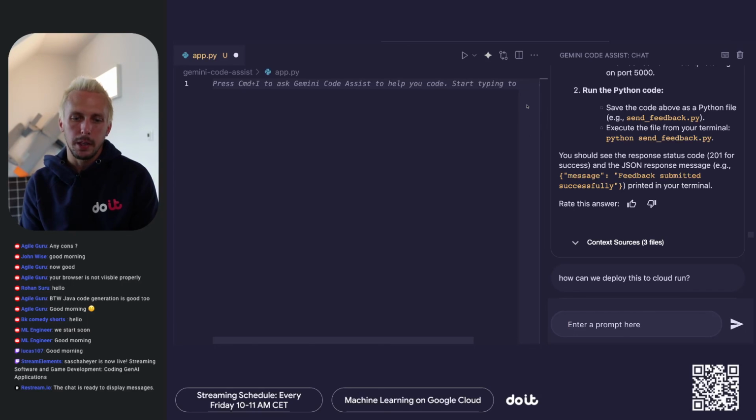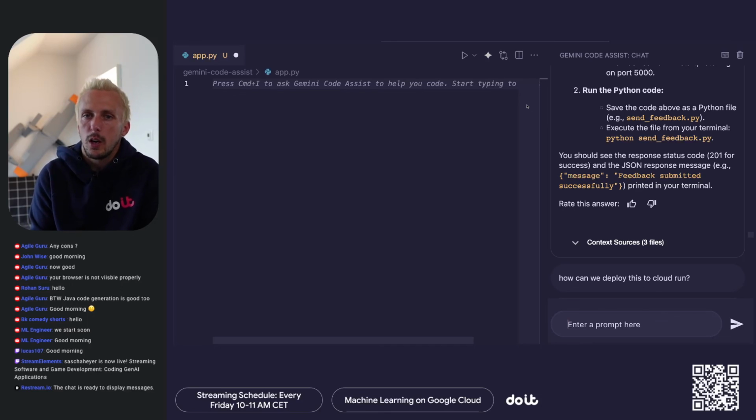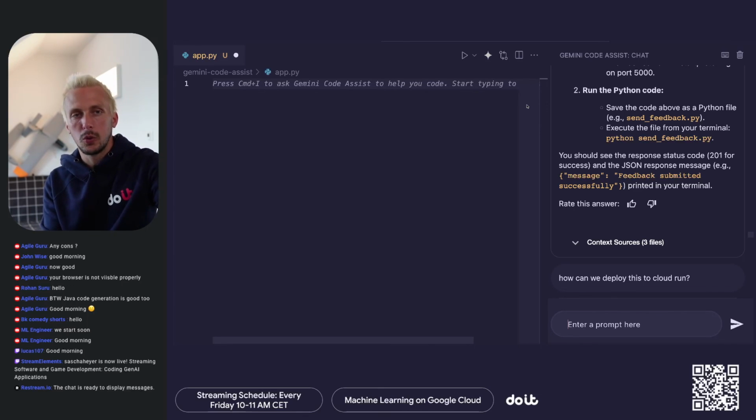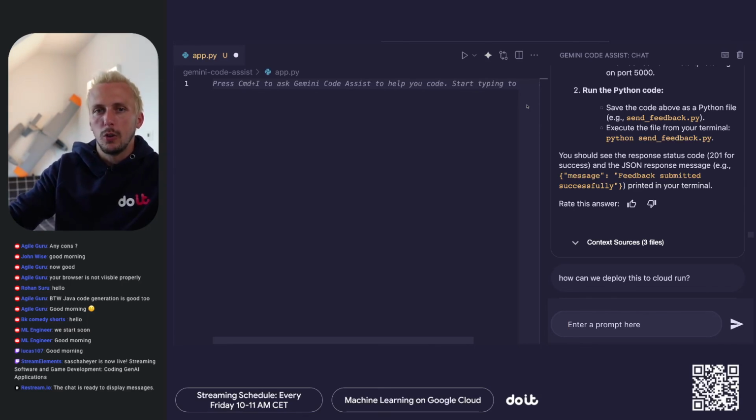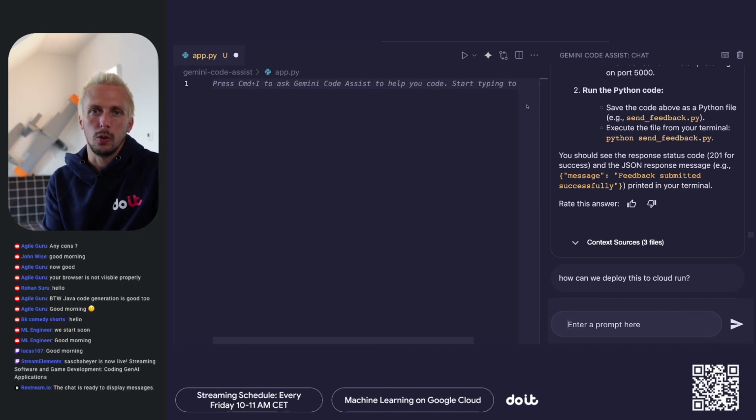Probably the biggest con here, but it's also a pro, is the enterprise aspect, right? This is not meant for a single developer doing something at home. This is meant for companies. You need to have the Google account, you need to have a billing, and you also need to have a credit card at some point. So it's not like Tabnine or GitHub Copilot where everyone can get it. You could also get it, right? But you need to create a Google Cloud project for that. And if you just want to use it for programming and you're not a Google Cloud user, then maybe this is a con for you. But for the rest,